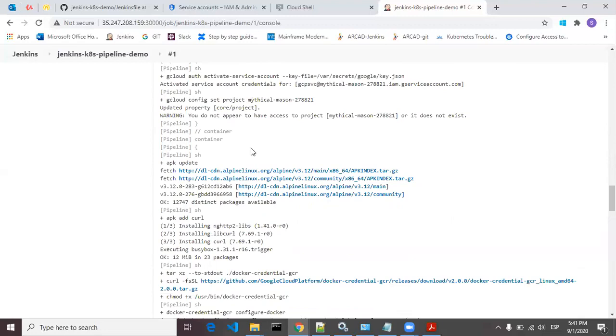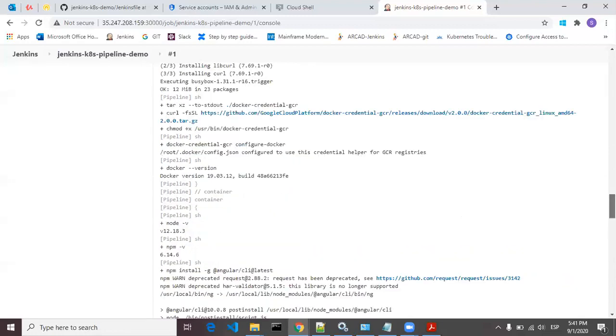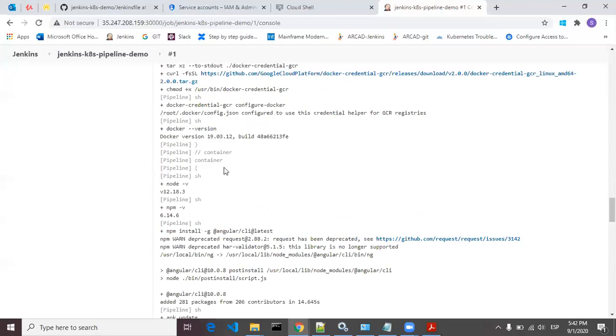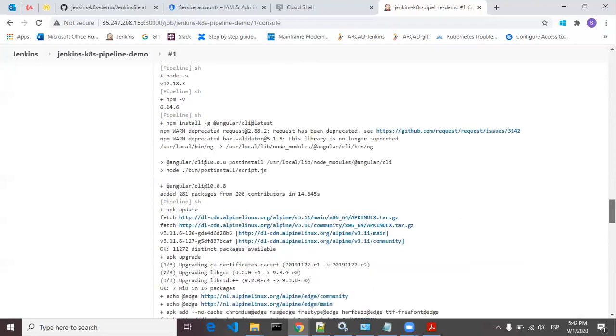Then from the container, I think Docker, yeah, from Docker it is going to install a Docker. From the node container, you can see this Docker version available over here. Then from node container, it is installing the npm dependencies.